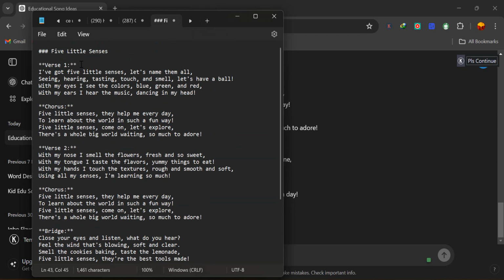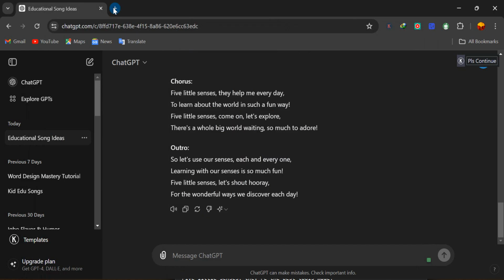Now, while making your changes, you can do well to remove this here where we have the verse 1, the chorus, the verse 2. Making your changes does not mean that you have to change every single thing. I'm going to show you how you can actually make your changes without cracking your head on what you should write. I'm also going to remove this, the bridge, open a new tab,